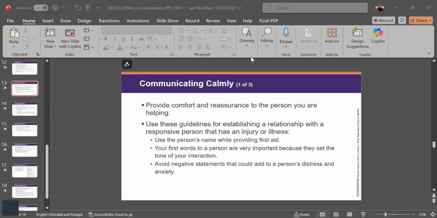Okay. Your first words to a person are very important because they set the tone of your interaction. And one of the most important things is to actually bring that level of calm to the patient. So